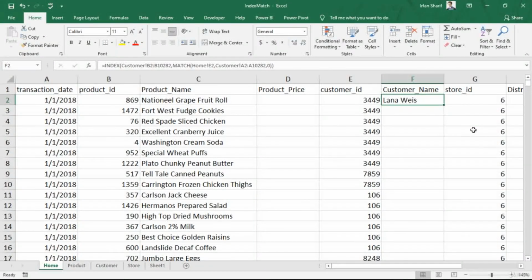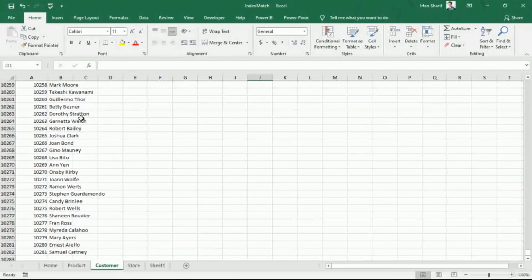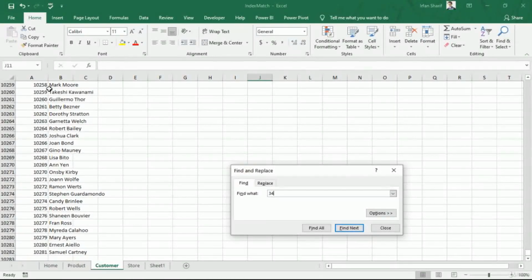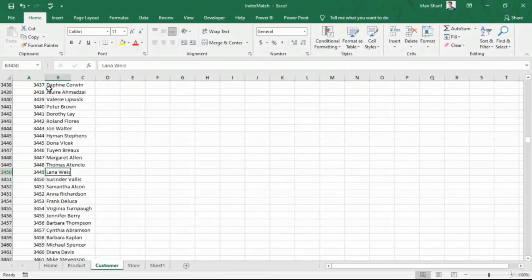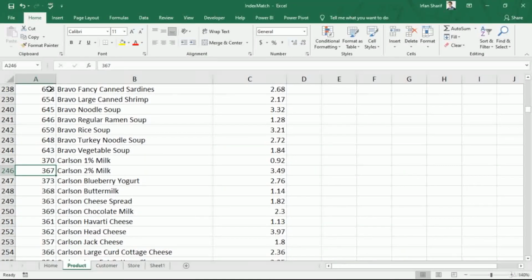So here we have Lana as a customer name, and now let us check against 3449 that what is the customer name actually in this file here. So 3449, I would say Control F, 3449. So we can see that we have the same customer name as Lana, and now let us go back